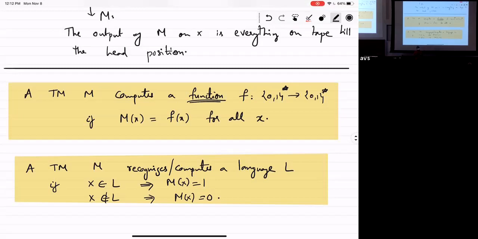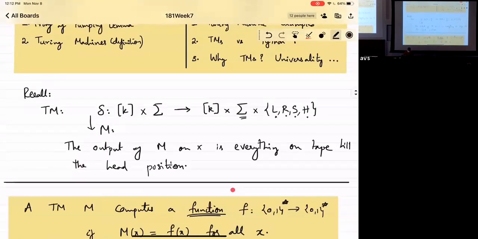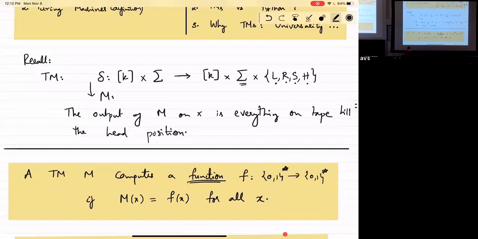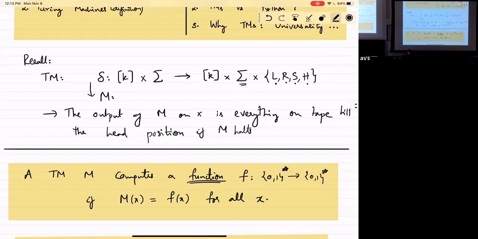And the difference is that the way we define Turing machines, they might not always have an output, right? So remember, Turing machines can sometimes run forever, so we should add a qualifier here, which is if M halts. Okay, and otherwise the output is this null symbol.